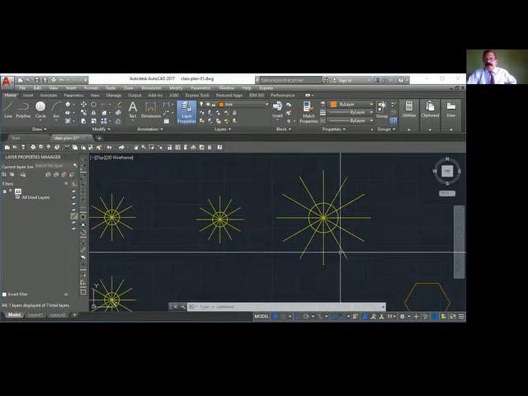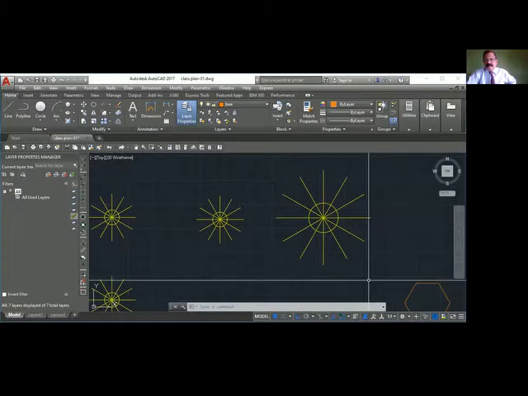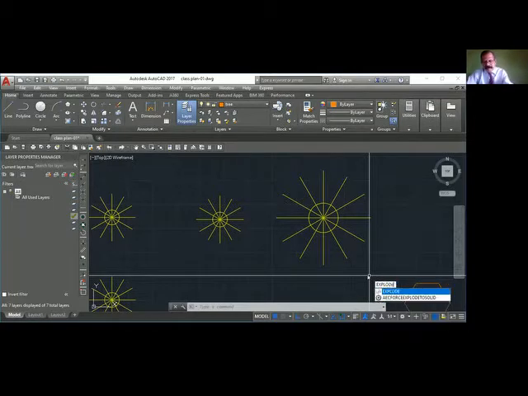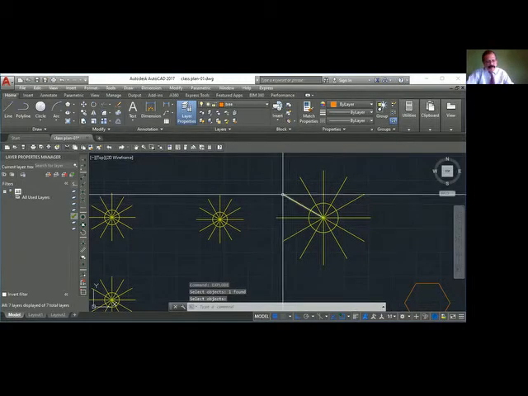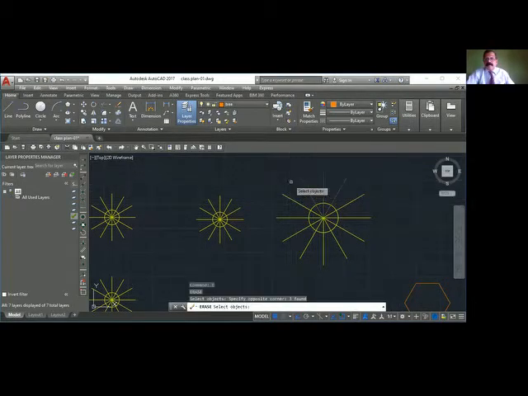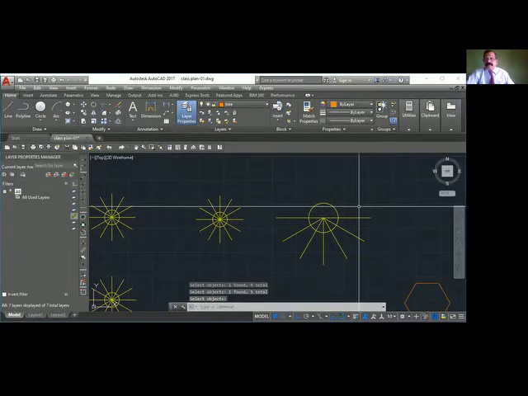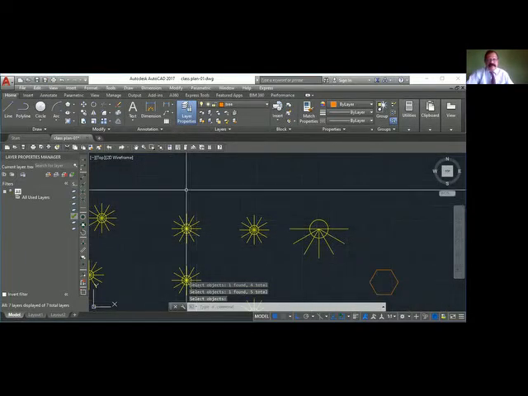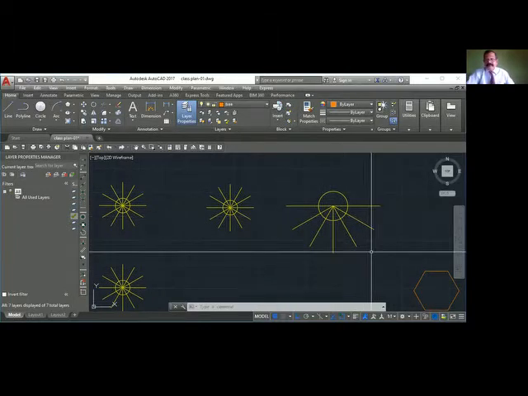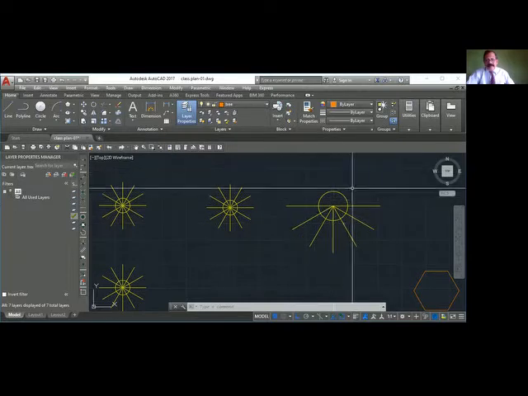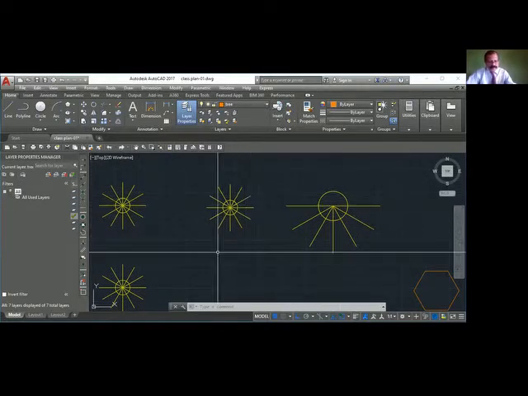A block, I want to explode it. What is the command? Anyone? Explode. Explode is the command. I already used that word. Enter, explode. So now these are separate pieces. Now we can erase these pieces. So this is the tree you want everywhere. Okay, so you have to insert first, explode it, and make whatever changes you want, then you redefine that. So everywhere it will change. Okay, so now I'll say block.